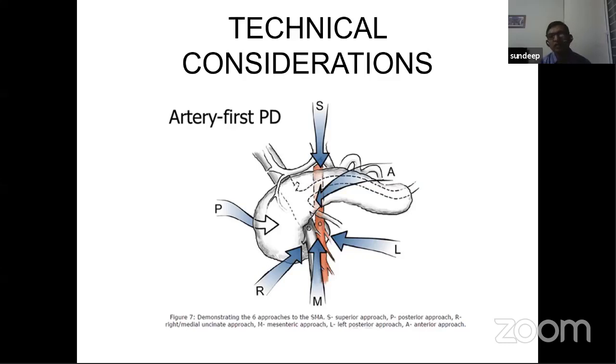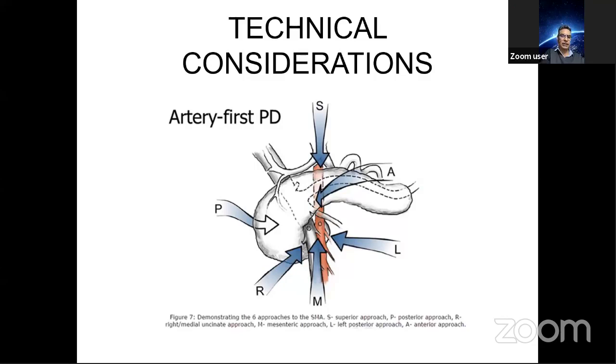And in a very few patients where we had to resort to arterial resection and reconstruction also, most of them were common hepatic artery involvement, where we had to do a resection and reconstruction, as was defined by Dr. Chalet as another angle, an addition to the definition of borderline resectable. So it was not related to the SMA in any way. So we could do all these cases by a standard approach.